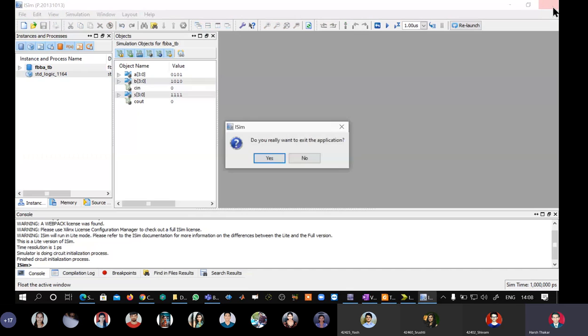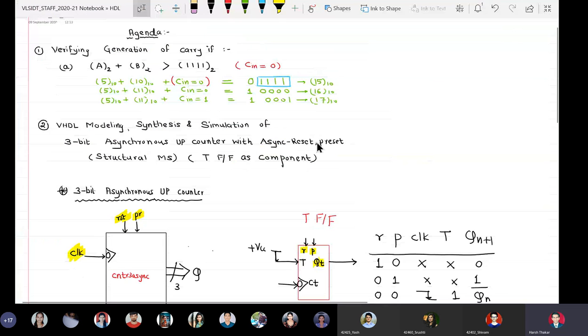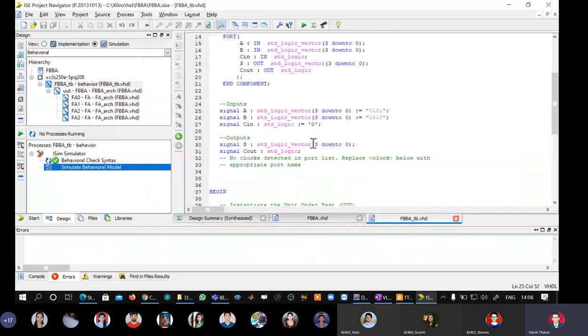Close this and we'll go for the second case wherein we have 5 plus 11 plus 0. So we will keep this as 1011 and say Control S. Actually there is no need to do check syntax because the code hasn't been changed. Run.